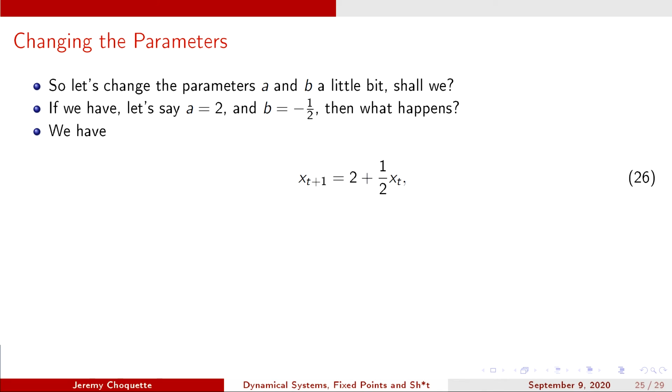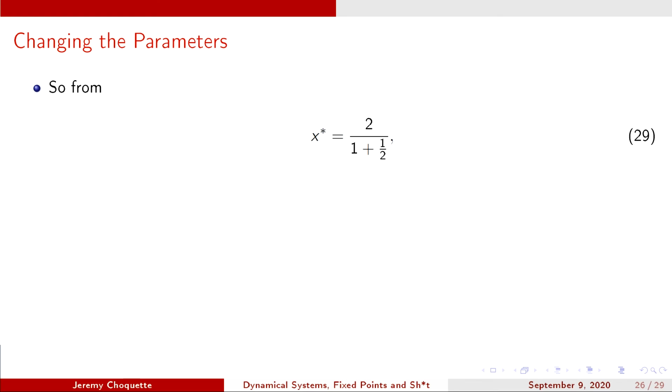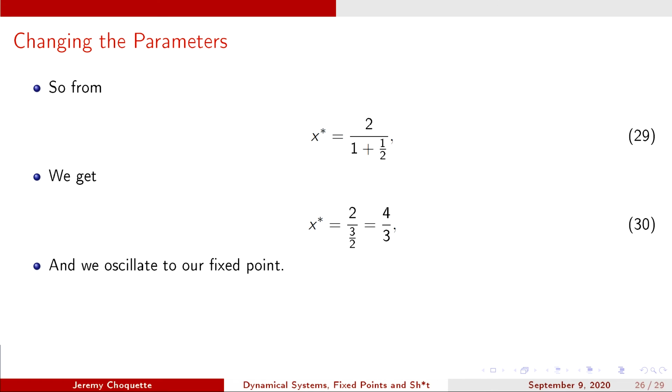we initially had 2 plus 1/2 xt. Now it's 2 minus 1/2 xt. So as I try to solve this out, I'm going to get x equals 2 over 1 minus negative 1/2. Well, that gives me 2 over 1 plus 1/2. So from 2 over 1 plus 1/2, I would get 2 over 3 over 2, which gives me 4 over 3. Now, when the slope is negative, so when b is negative, but it's still between -1 and 0,